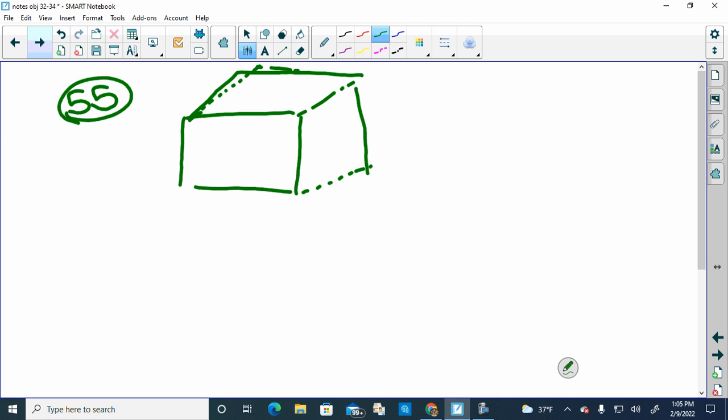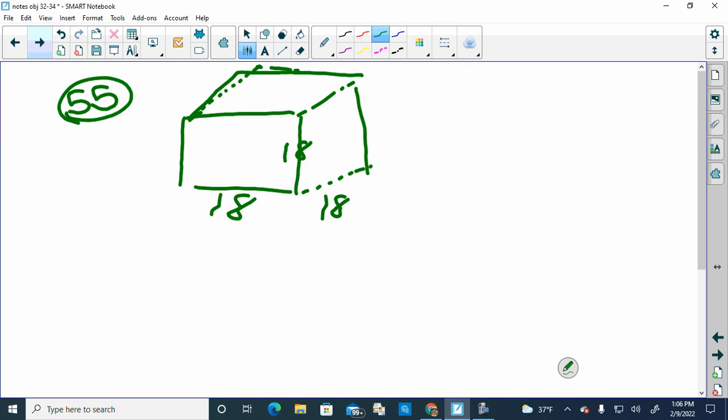Okay, alright, so the cube, this would be 18, this would be 18, right? And then this side would also be 18, because it's a cube. All the sides are congruent to each other. Right. Okay, and they told us on 55, it says, what is the maximum volume of a pyramid that can fit inside a cube? Okay, so we have a